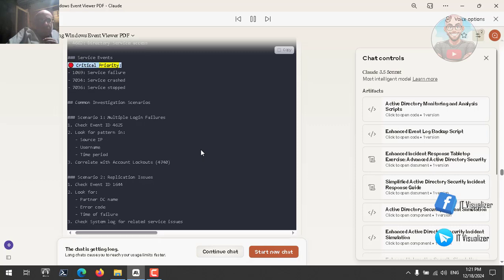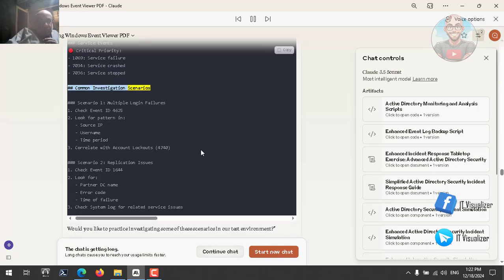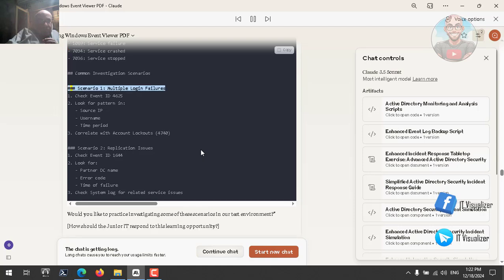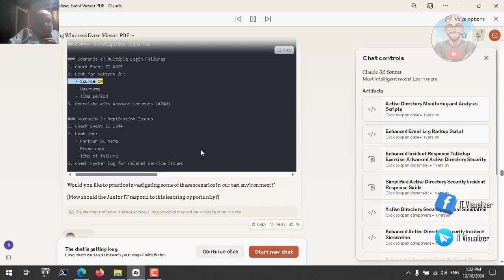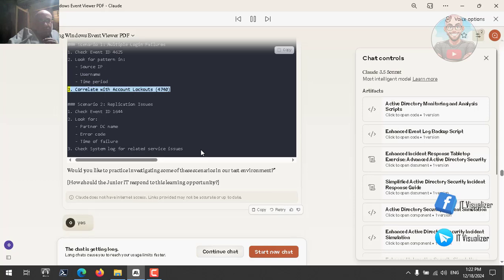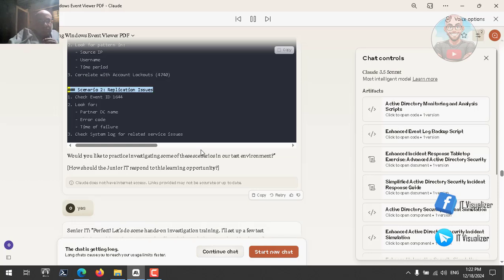## Service Events 🔴 Critical Priority - 1069: Service failure - 7034: Service crashed - 7036: Service stop ## Common Investigation Scenarios ### Scenario 1: Multiple Login Failures 1. Check event ID 4625 2. Look for pattern in source IP, username, time period 3. Correlate with account lockouts (4740)